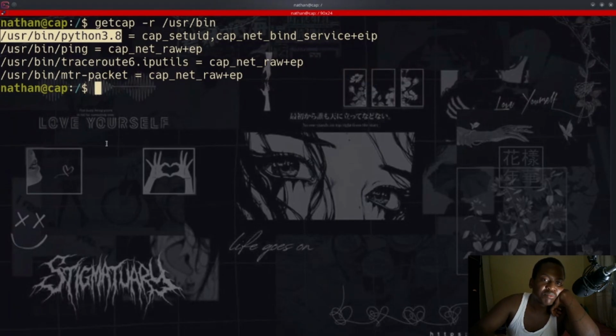Only Python on this machine has the vulnerability of setting the UID to root privileges. It could have been ping, it could have been traceroute, but it happened to be Python this time. The person who set up the machine made a mistake. He didn't secure the Python binary. He didn't limit the Python binary, so it has the